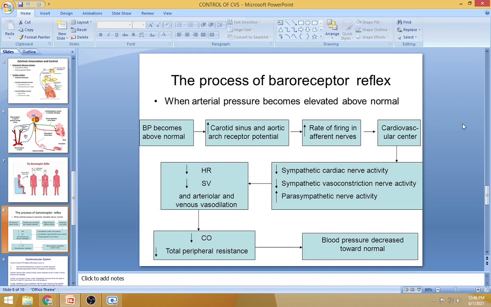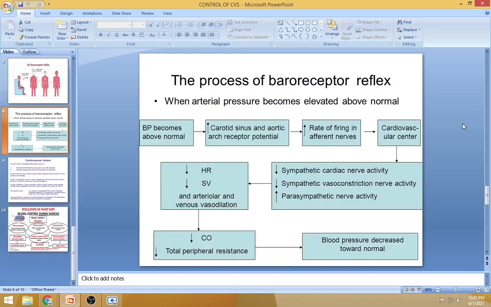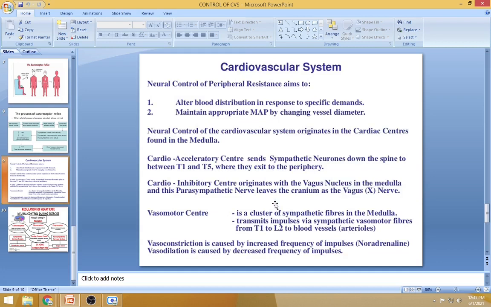Okay, and it is a control system that is immediate in nature. All right, short term, immediate in nature. So we have already seen here also that the change in sympathetic parasympathetic would have an effect on the blood vessels. But in this next slide, I would go a little bit